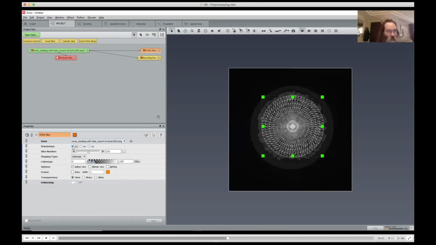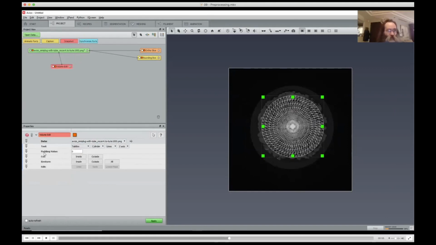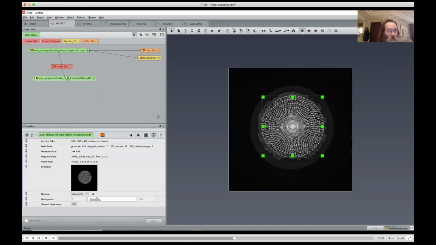Okay, that looks okay. So if you do that, select the volume edit. Now we cut it. We say cut the outside. We don't want the outside. We only want the inside. And what happens is after a few seconds, we get another data object. But this time it's still on the same resolution. So we still have the same